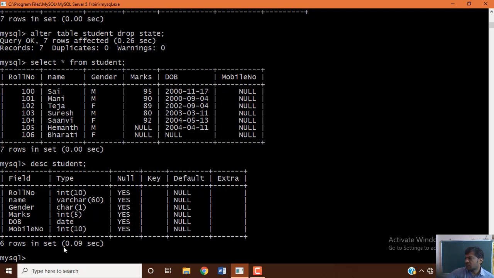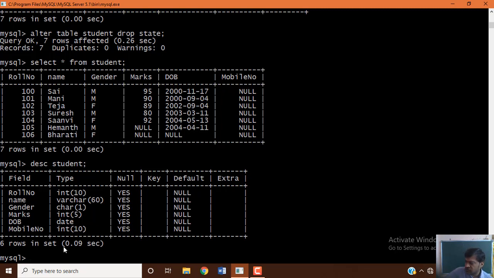So now you are able to work with modifying data, inserting data, retrieving data, updating data on our table, and changing the structure of your table. All these things you are able to work with. Now, if you want to drop a table, sometimes we may need to physically remove a table which is not in use.